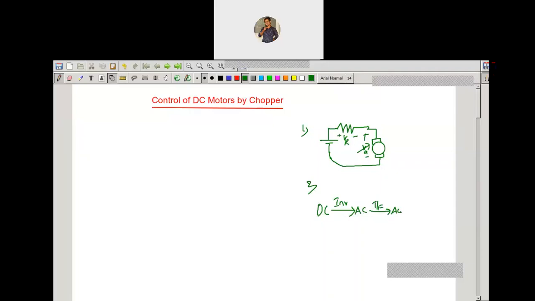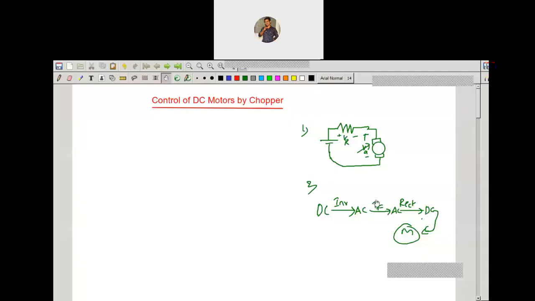Now you require a rectifier, which converts this AC voltage into DC voltage. Now this is variable DC. This DC is given to the motor, whatever the rectifier voltage is. So here also you are getting the variable DC voltage by means of inverters, rectifiers and a transformer. But you can observe that between the DC power supply and this motor you have many components involved: the inverter, transformer and rectifier.